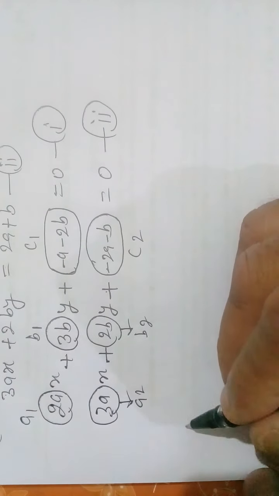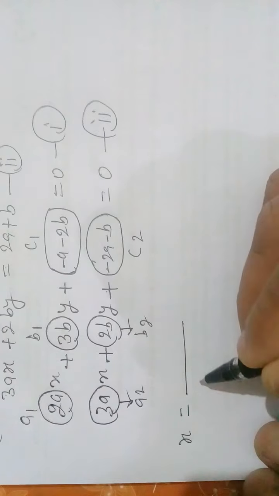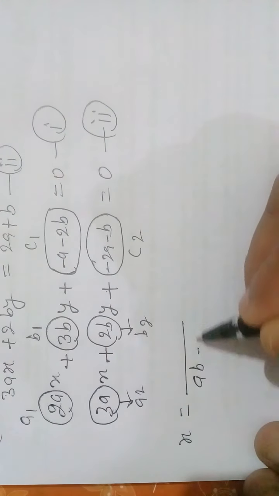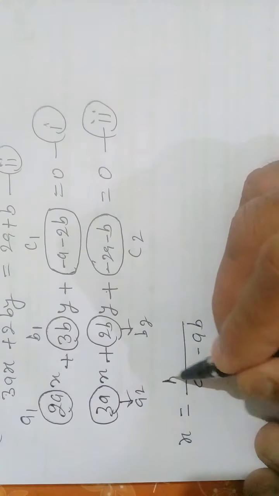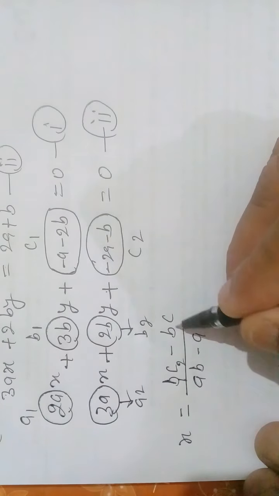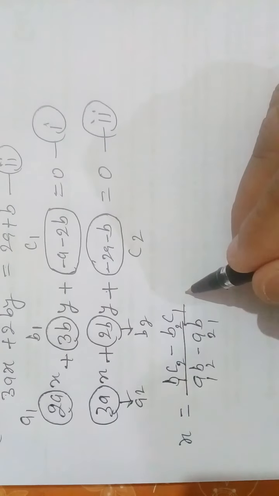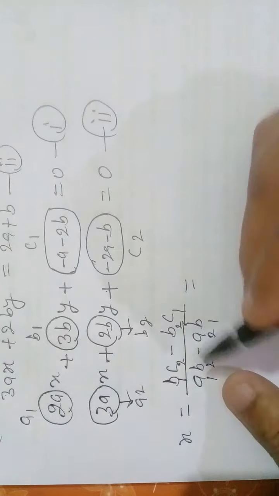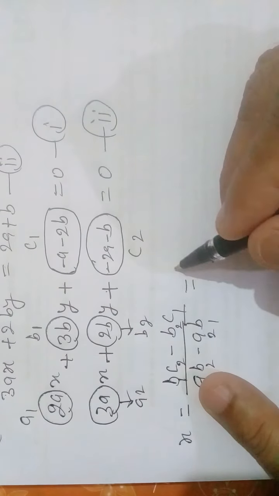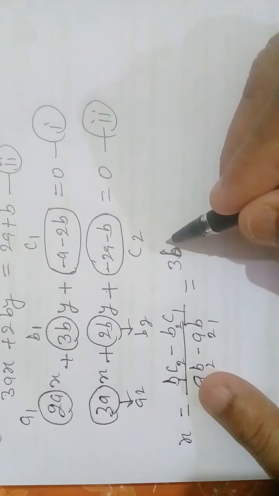Now we know that x is equal to ab minus ab, bc minus bc, 1 2 2 1. Next, I am writing the value of b1, b1 is 3b into